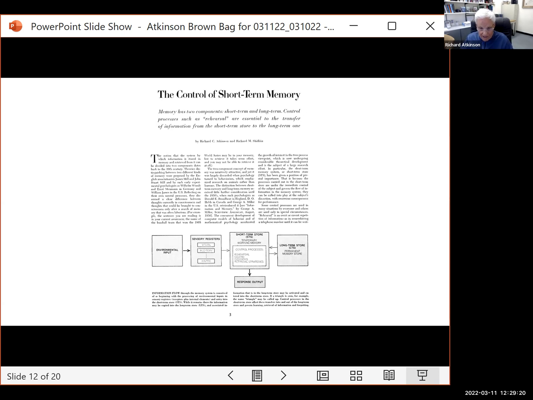What do I want to say about that? Why were we so reluctant about the naming of the short-term store? Why didn't we just call it short-term memory? In the 68 paper, we do use the term working memory, but we discard it as an appropriate term for the short-term store. The reason, I think, is that